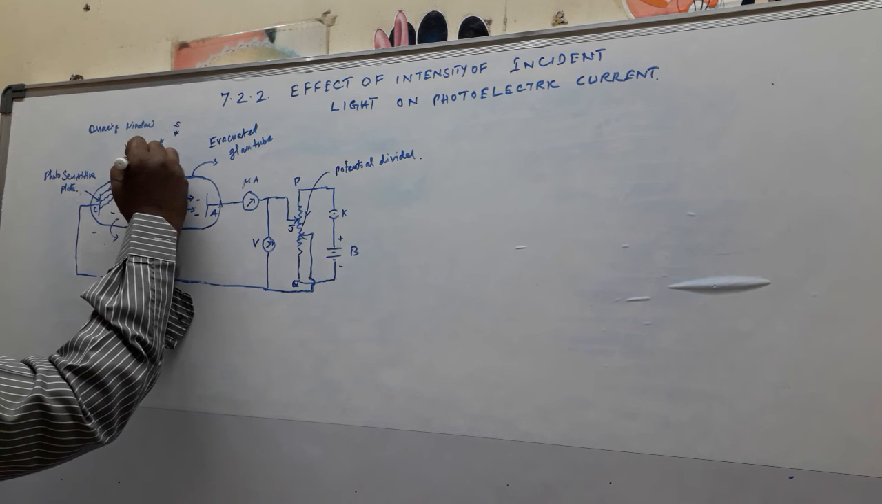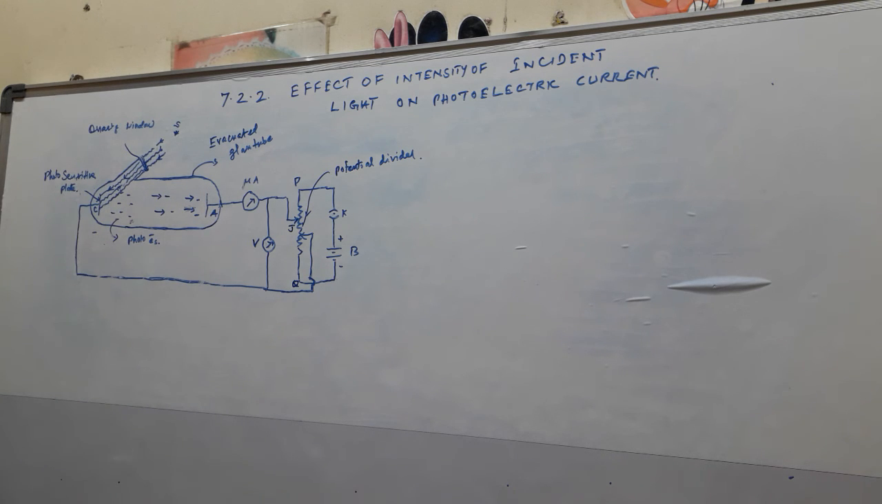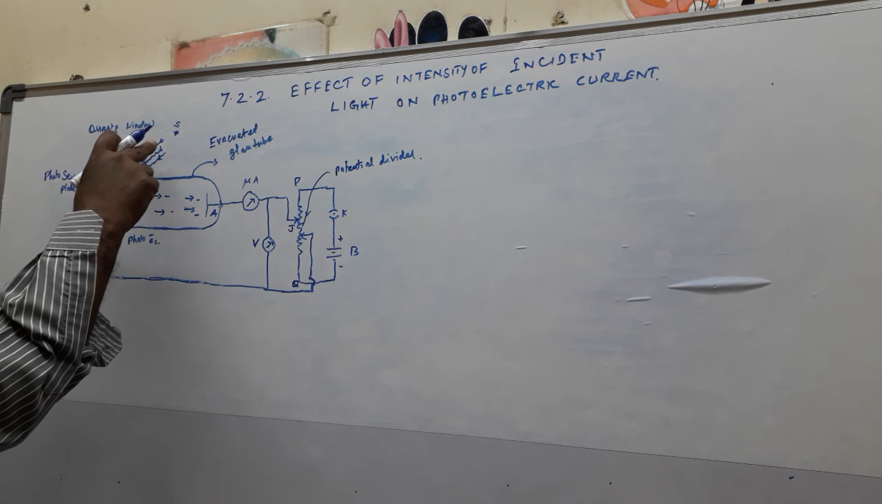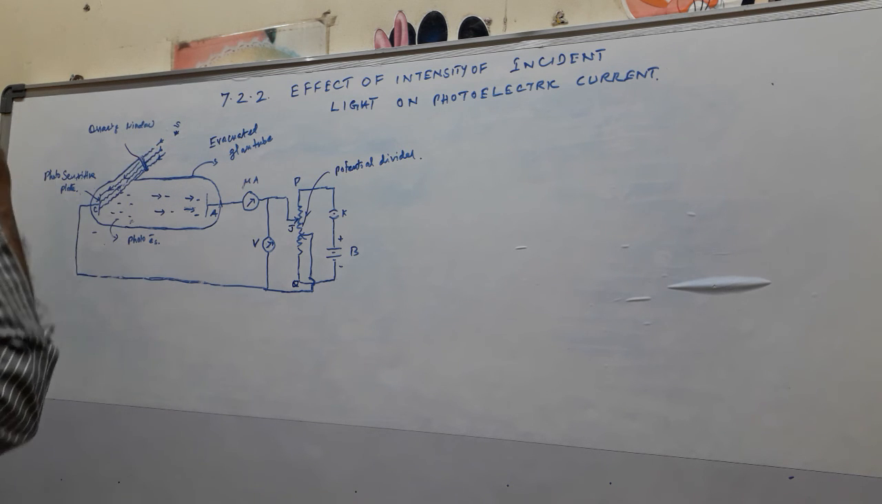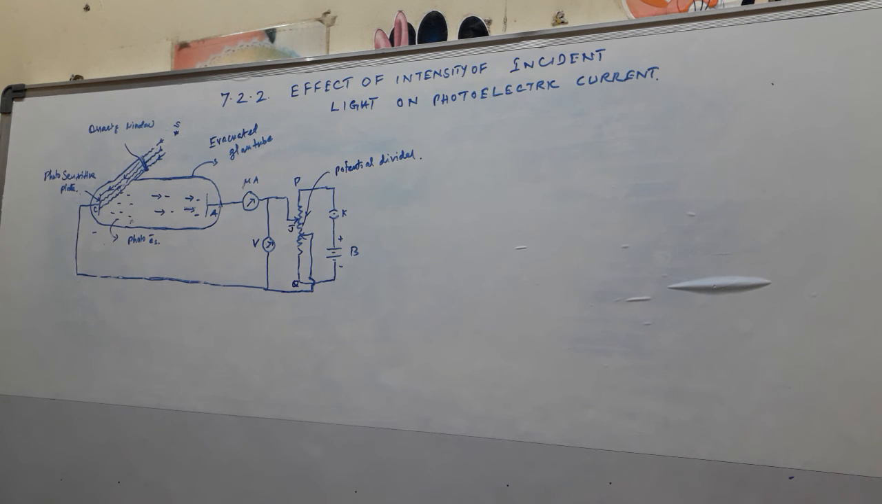open window or quartz window, it is called a quartz window, so that it allows the incident rays through this window and hit the surface of the cathode. That's why we have considered the quartz window. And then